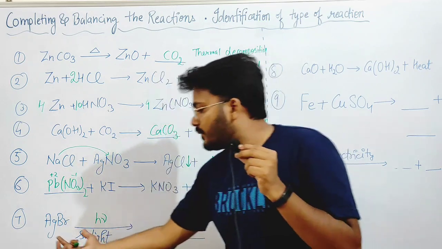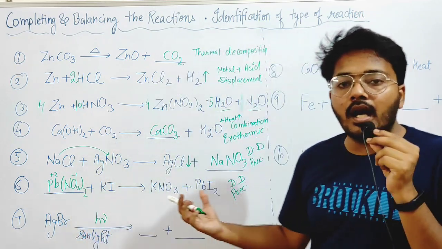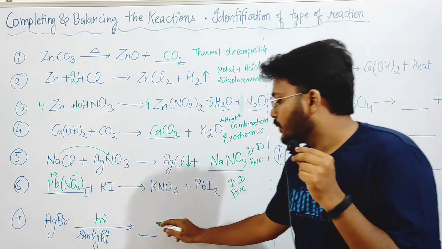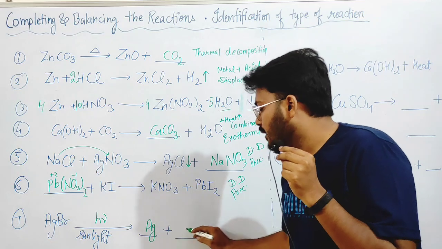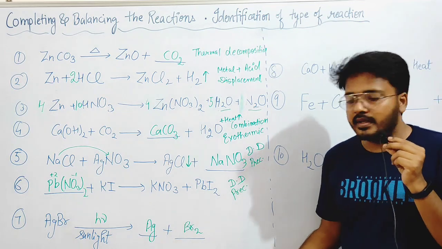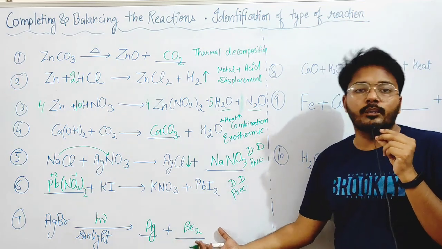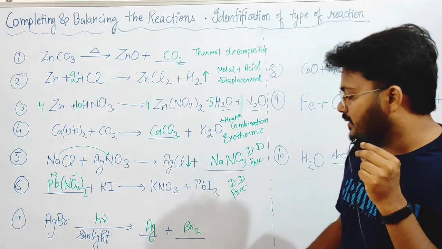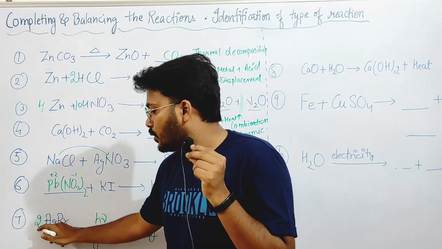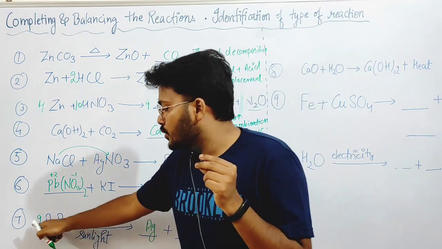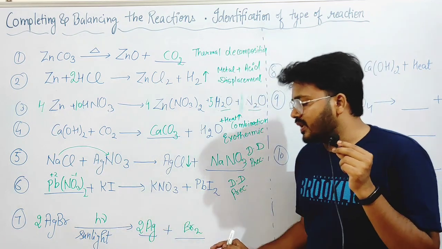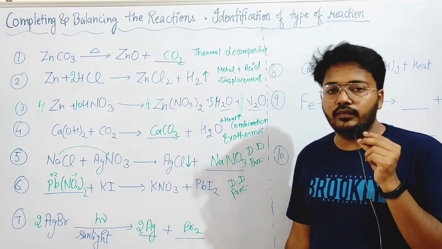Now AgBr, silver bromide, when it is under the attack of sunlight, two products are formed. One is silver metal, another is bromine gas. We know that generally bromine is liquid in nature, but in this reaction gaseous vapors of bromine will be formed. Now let's balance the reaction. There are two bromine here, so we have to multiply with 2 on the left hand side. Now Ag is also 2 in number, so balance Ag on the right hand side. Now this is the complete balanced and informative reaction.